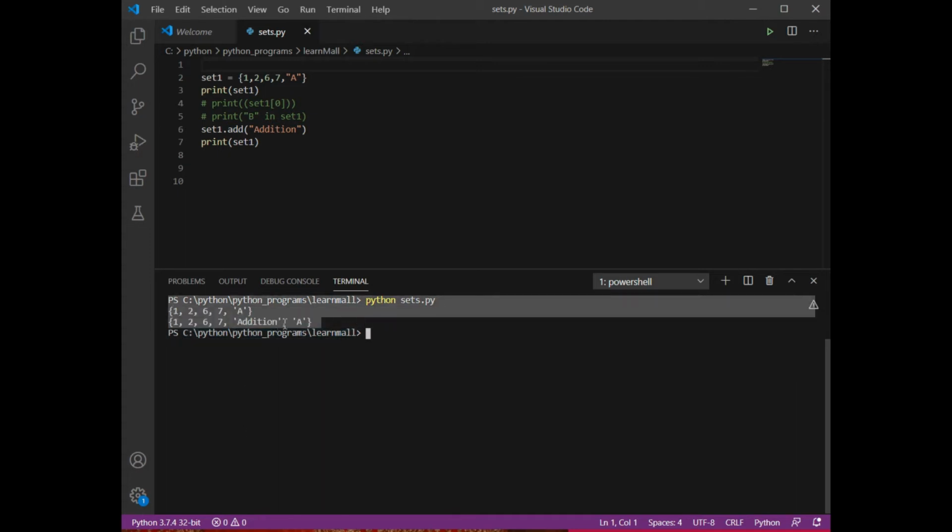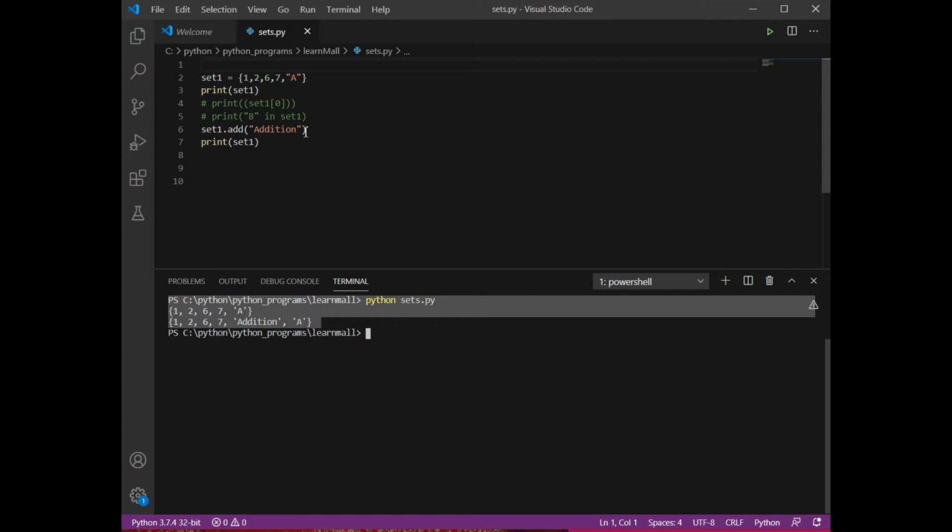Now why is this addition coming in between? Because we have no index scheme. We don't know where this element is going to get added. If you remember, in the definition we have written that since it is an unordered collection, every time the elements are appearing in a random order. We don't know whether the elements are appearing in the same order in which we have defined or they are coming in some different order.